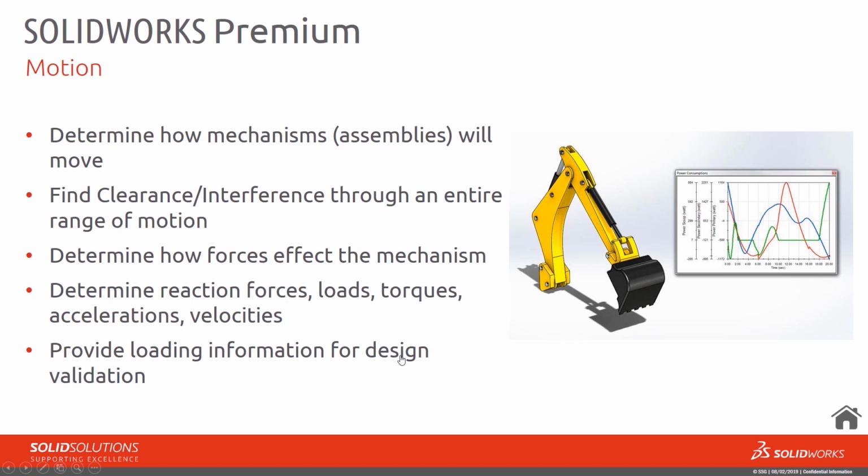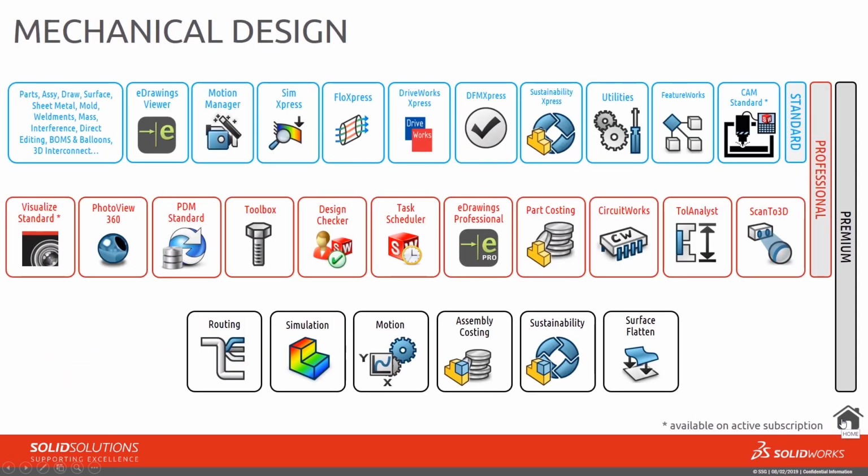Then we've got motion. So motion is a great utility in SolidWorks that allows us to determine how our mechanism is going to work. So if we're designing things that have got some kind of mechanical system in it, then we can make sure and evaluate that's going to work. We can look at clearances and interferences throughout the entire range of the motion. So that means if we've got something that's dynamic, then, yes, okay, does it foul in this closed state or in its open state, but actually anywhere in between those states as well. We can have a look at how forces affect the mechanism. We can also look at reaction forces and torques and things like that as well, and accelerations, velocities. So we're able to evaluate that inside of motion instead of doing it the long-handed way. But that's a really great tool for being able to validate that kind of stuff instead of having to make it or work it out longhand.